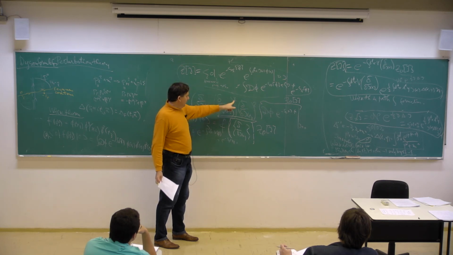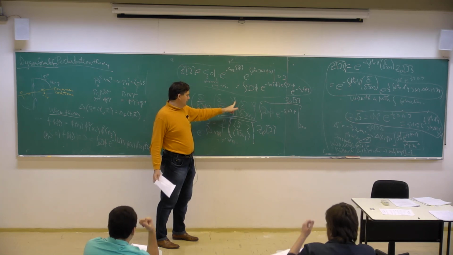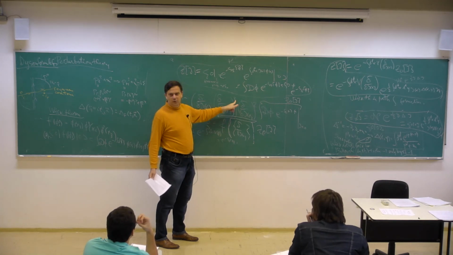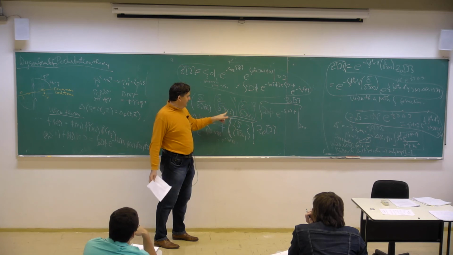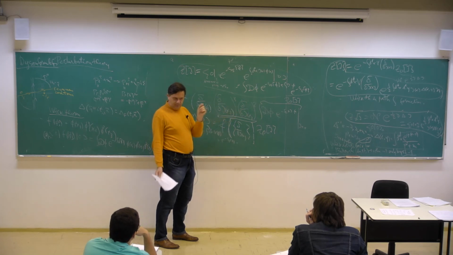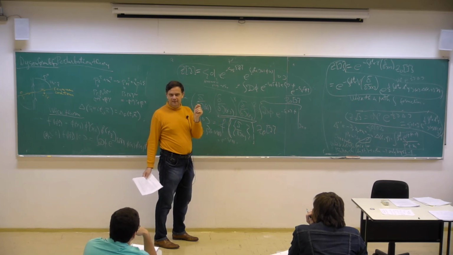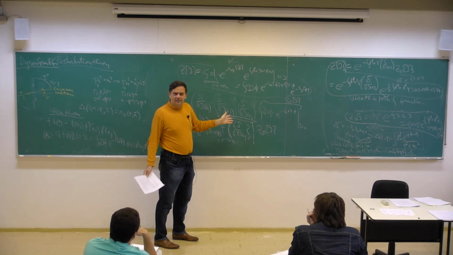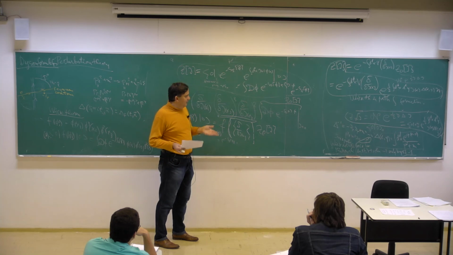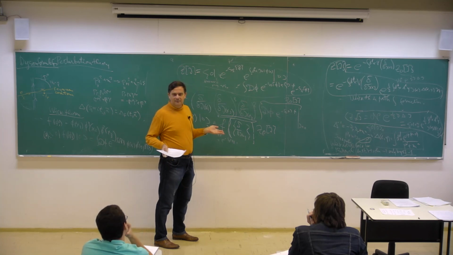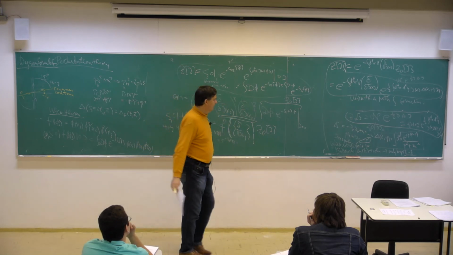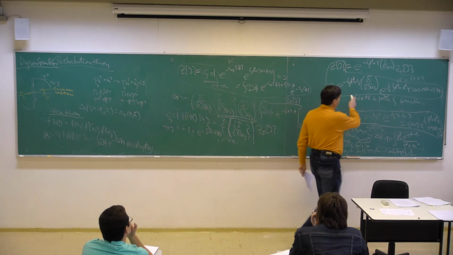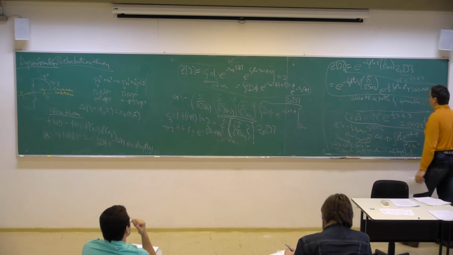The way I thought about it when I wrote phi cubed, I replaced phi cubed with δ/δJ of x cubed, was to think of having independent J of x's and then putting them together at the same point, right? But of course, this is not well defined. In principle, I could get singularities and so on, right? When the points get together. So that's really what happens. So this thing is defined only formally,